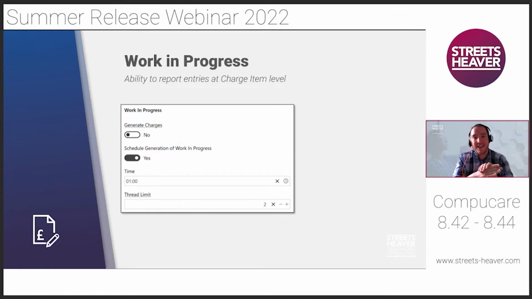It's probably going to grind itself to a bit of a halt until it's done the work in progress. But the good bit is it will do it quicker than it would do ordinarily. So again, there's that option there. If you want to play with it, you can do, but really the main part of this change was around that generate charges. So if you do toggle this to yes,